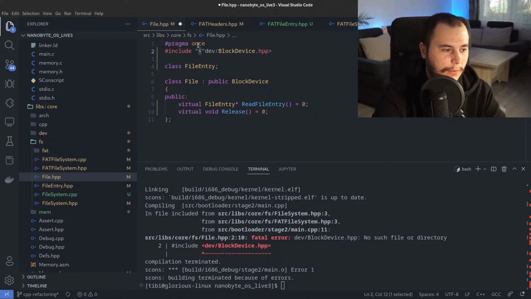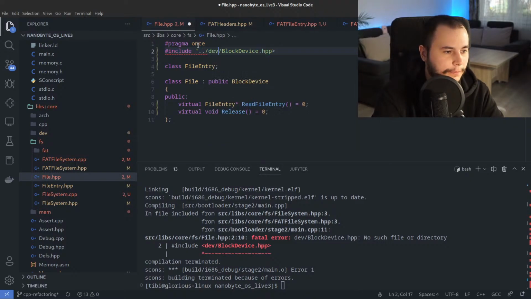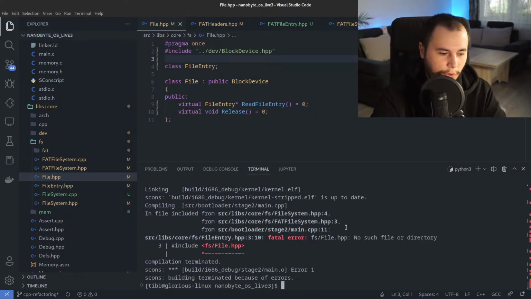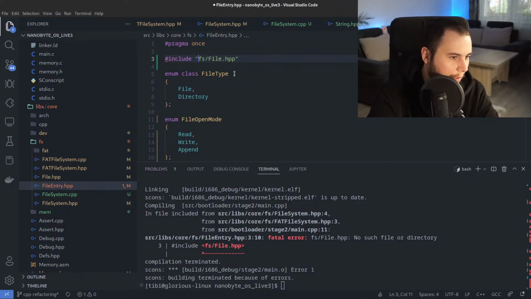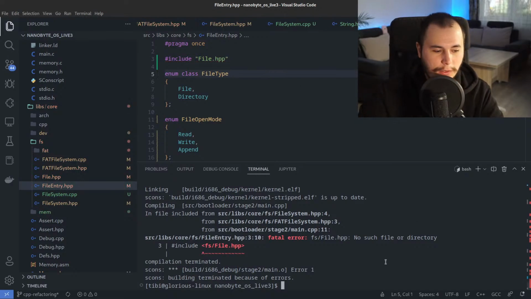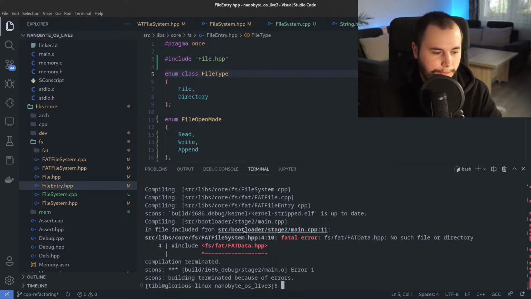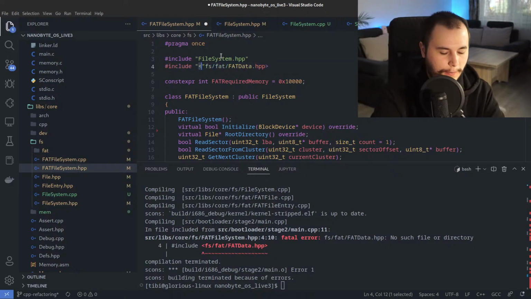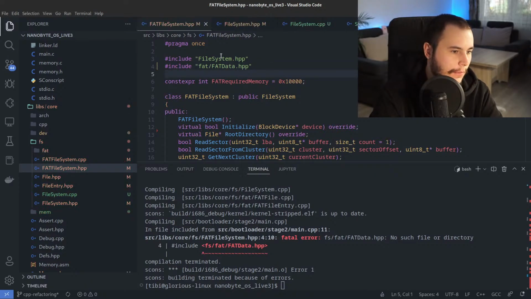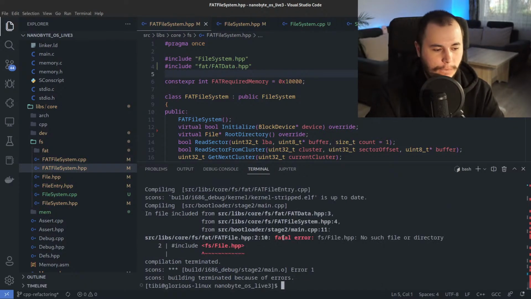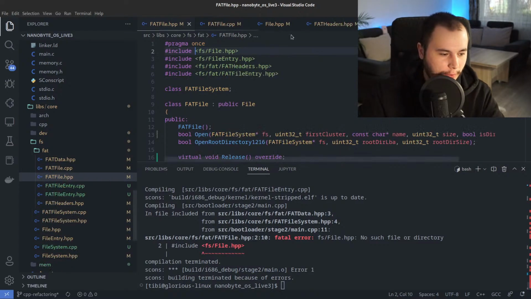Yeah, same issue here. Using absolute paths is not a good idea inside of libraries. And we're gonna have more errors anyway, so